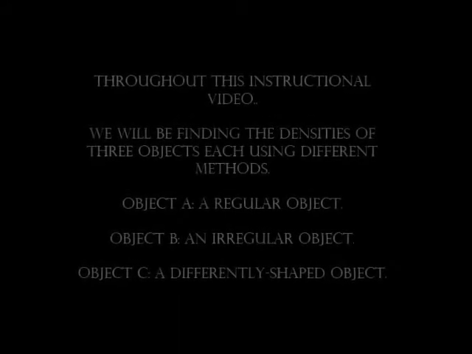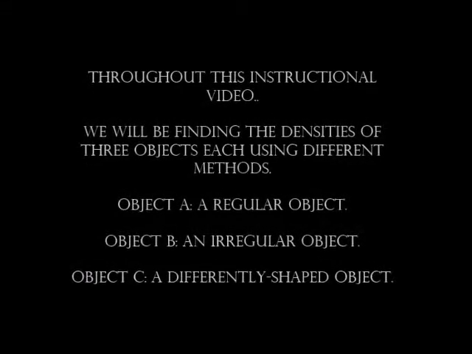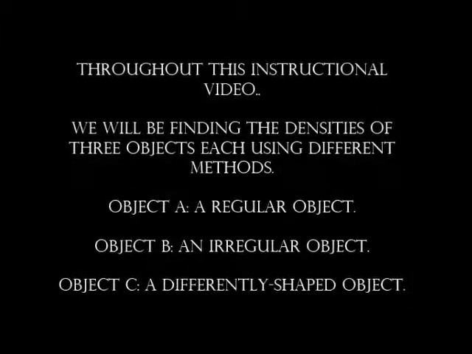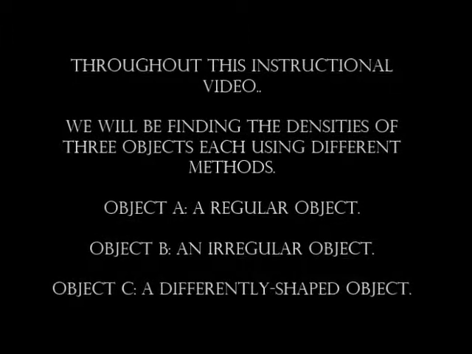Throughout this instructional video, we will be finding the densities of three objects, each using different methods. Object A is a regular object, Object B an irregular object, and Object C a differently shaped object from Object A. What you will need throughout the experiment: